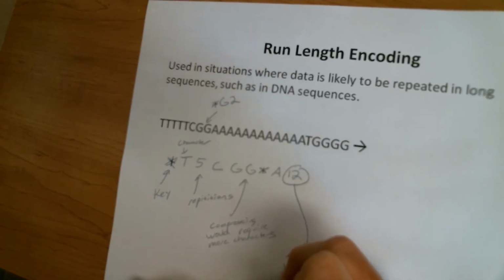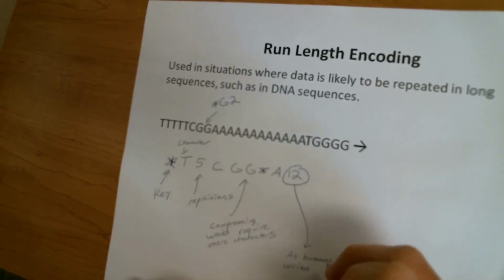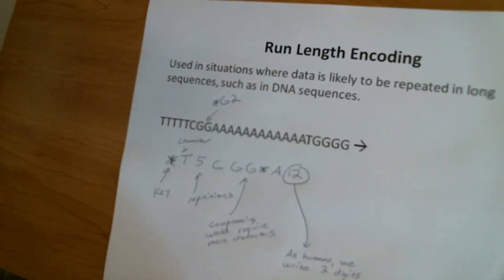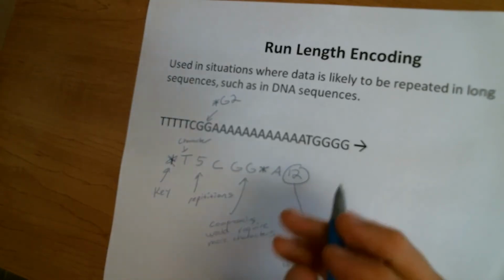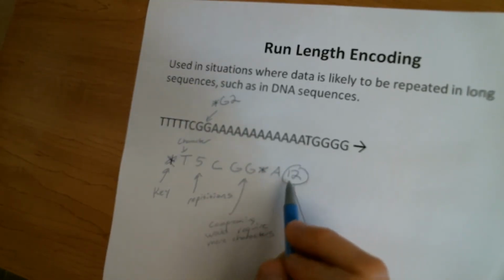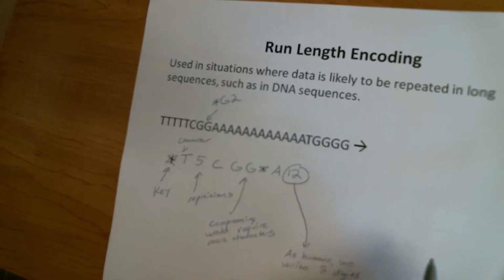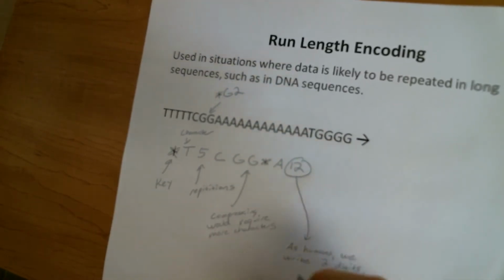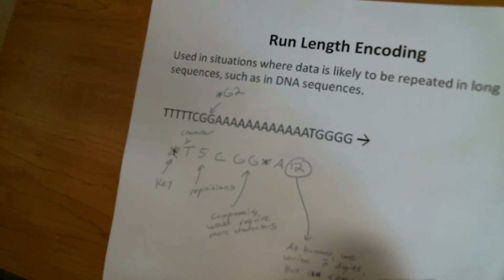we write 2 digits. All right, so when we're talking about how much space did we save, if we look at this, we're like, oh, well, this is still 2 characters. Yes, as a human, it's 2 characters, but a computer can store this as a single 8-bit